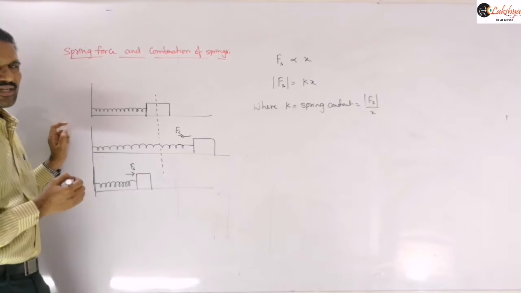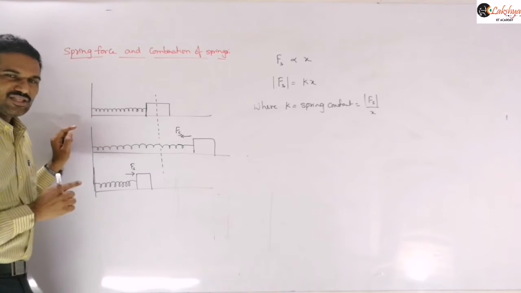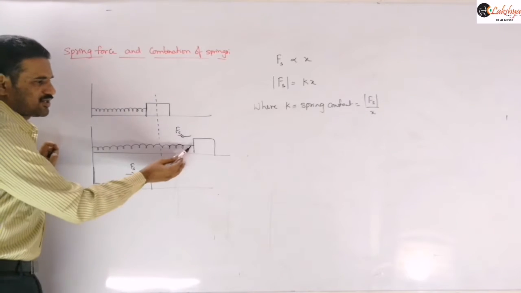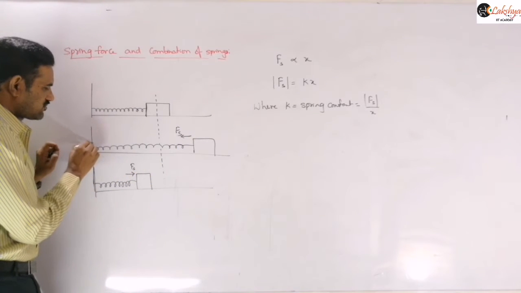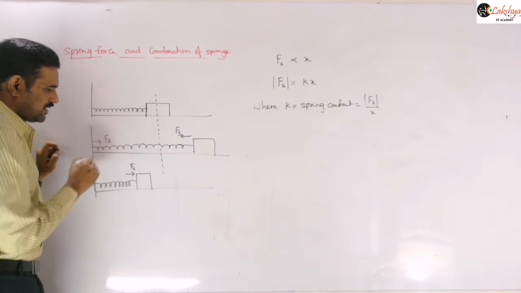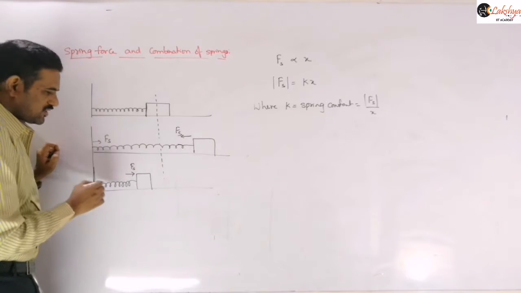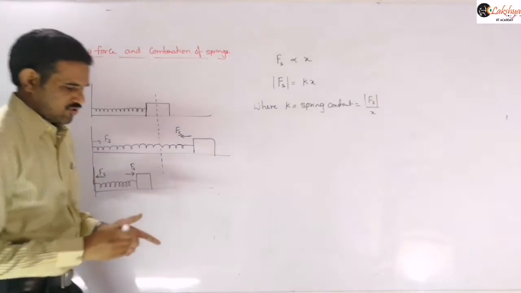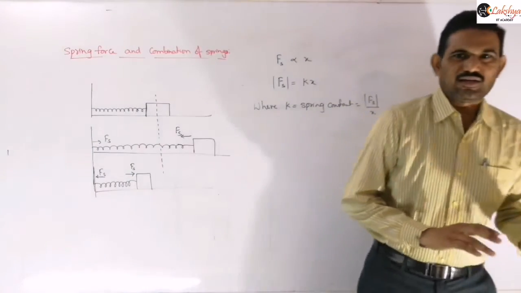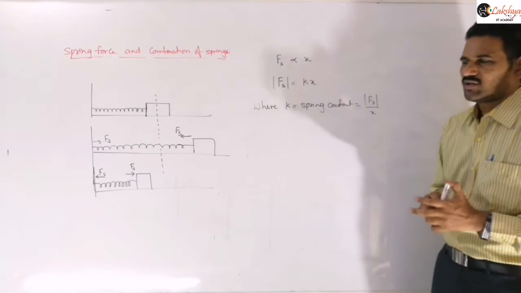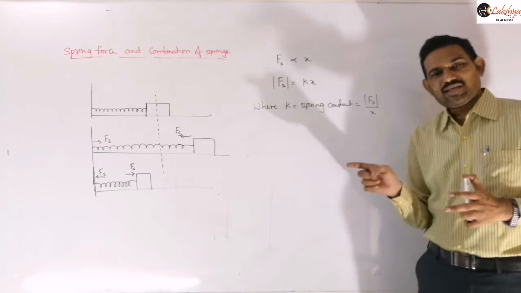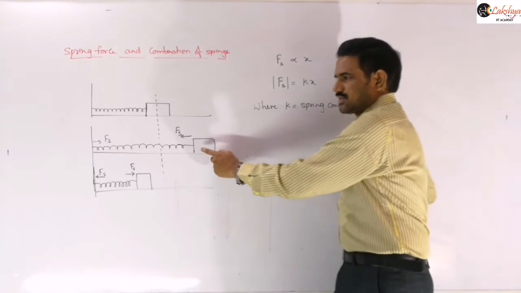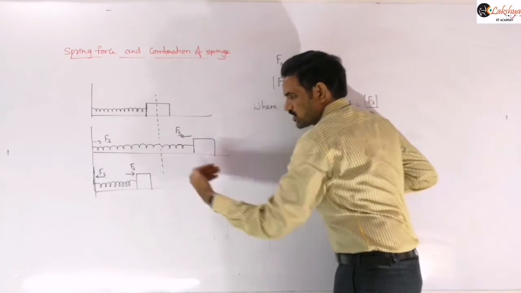That means like our tension in the string, the spring force is also always opposite at both ends here. Whatever the force is on this side, then on this side the force will be along this direction. Similarly here, this block is pushing this side, and on this side it will also push like this, right? Now the difference is that the spring force, unlike the tension in the string, can be a pulling force or a pushing force, right? That means here it can pull the object, or here it is pushing the object.